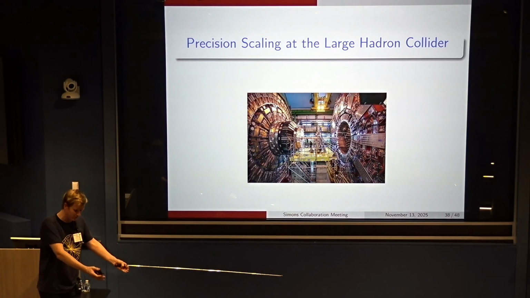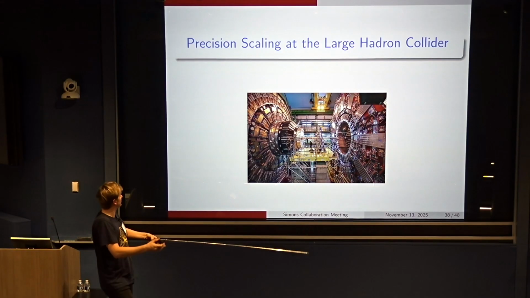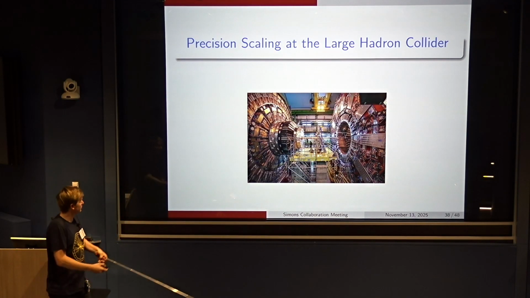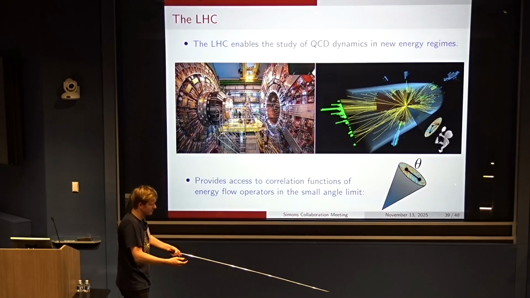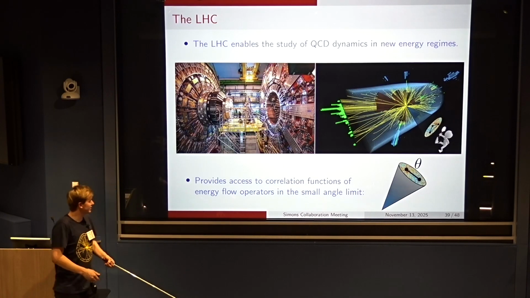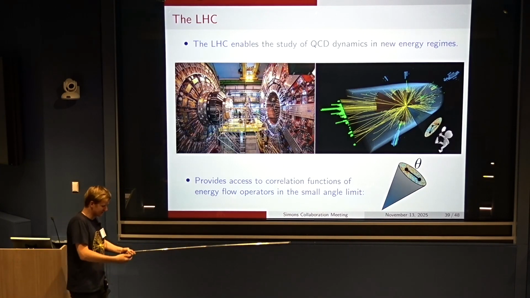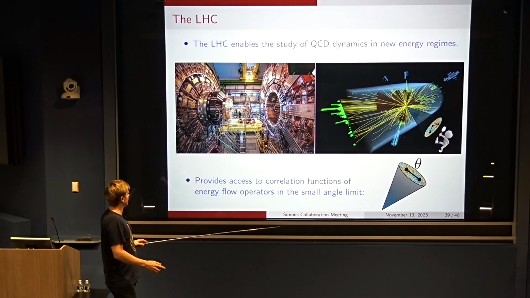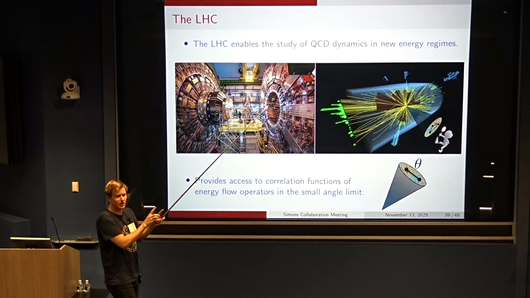Okay, and so in the last little bit of the talk, what I wanted to highlight is that this is very, very old data, and one can ask what one can do with modern, very high energy colliders at the LHC. These are much messier colliders, so it's harder to sharply draw any conclusions. But one thing we've been very happy with is that we're able to understand and measure correlation functions of these operators just in this small angle limit, but at extremely high energy.